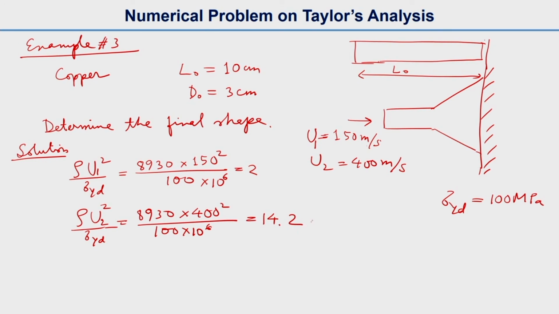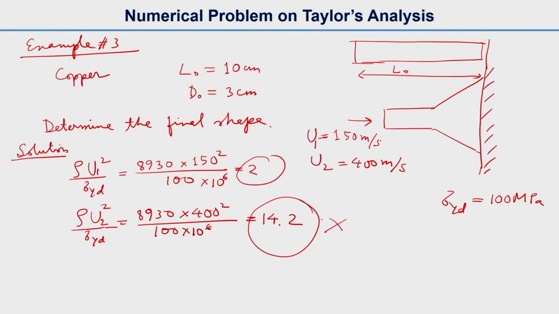So now we know this 14.2 is a very high value, and if you remember the earlier discussion in earlier classes, we cannot go with this because Taylor's analysis will not be valid for this, and we cannot predict the shape from Taylor's analysis. So we will go with only this value for 2,